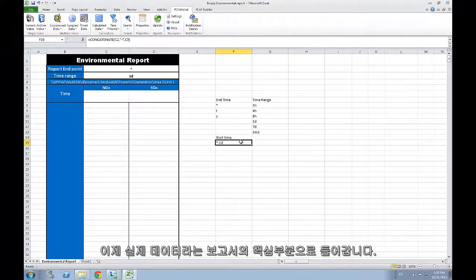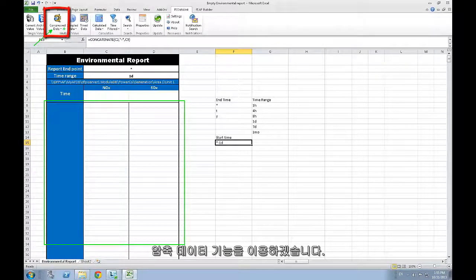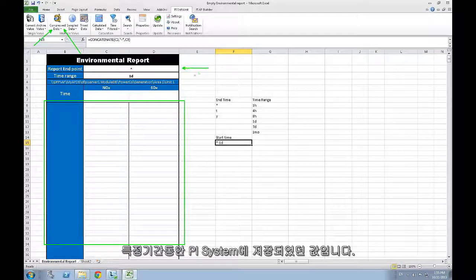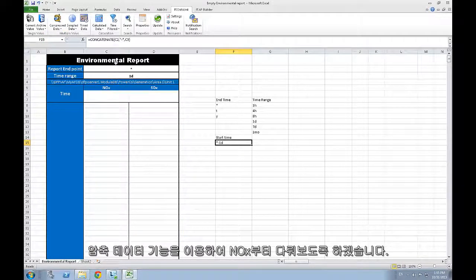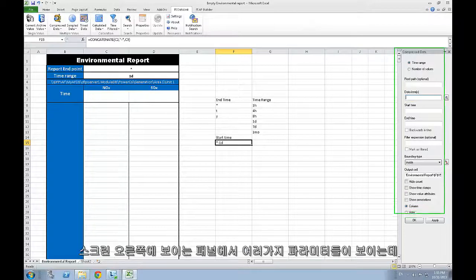Now we get to the core of the report, the actual data. In order to get all data from the PI system over a defined period of time, I will use the compress data function. This function returns every single value that has been archived in our PI system over a specific period of time. If we start with the NOx, the first thing I need to do is simply select the compress data function from the PI DataLink tab. By clicking on it, a panel on the right side of the screen will appear with different parameters we need